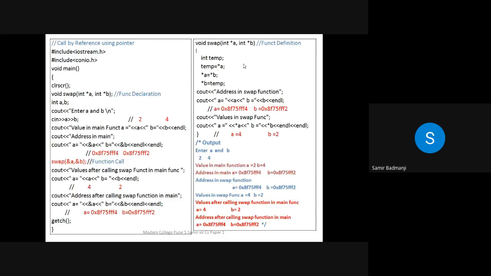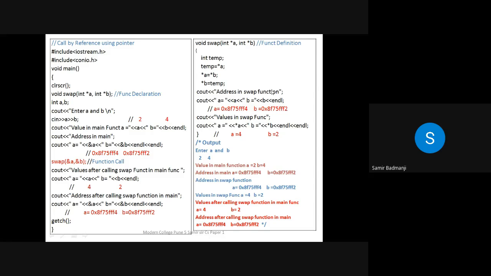Last time we had seen, when you write star in front of a pointer, what does it indicate, the address or the value? No, whenever you write star in front of a pointer variable, that means the value of that pointer is given. Whenever a normal variable is there, if you write ampersand in front of it, that means the address of that variable. And if a pointer variable is there and you write star in front of it, that means the value in that pointer variable will be given.